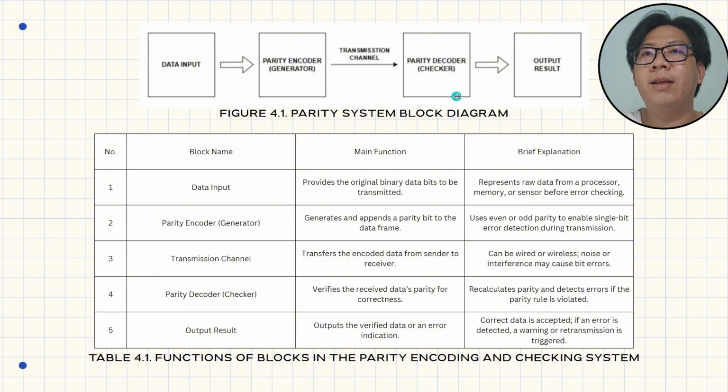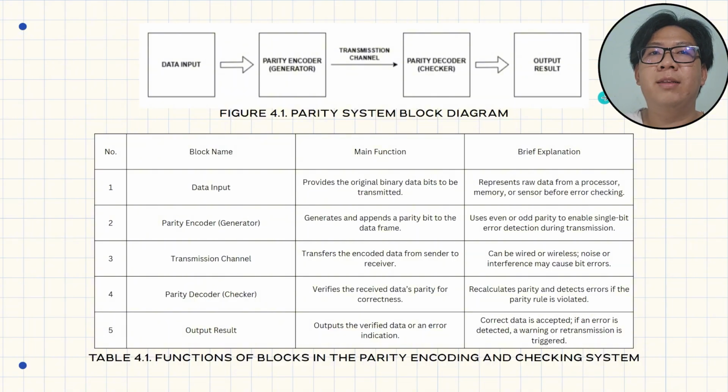It recalculates the parity and compares it with the received parity bit to detect any errors. Finally, we have the output result block. If the data is correct, it's accepted. Otherwise, the system indicates an error or triggers a retransmission. In short, this diagram shows the overall flow of how parity bits are generated, transmitted, and checked to ensure reliable